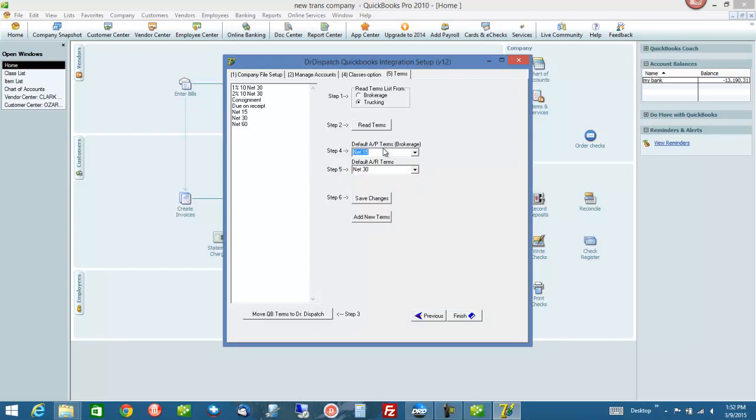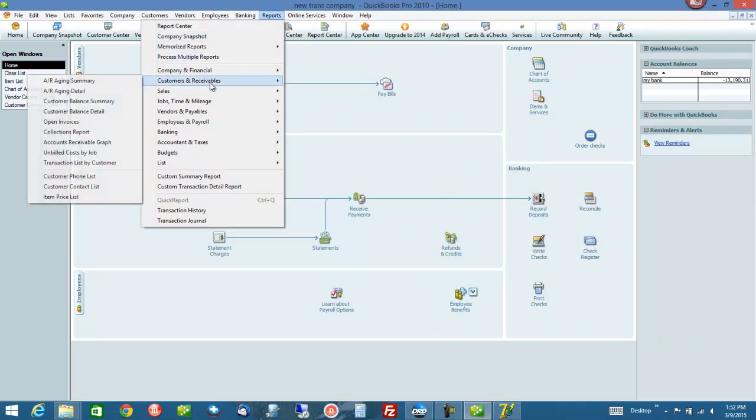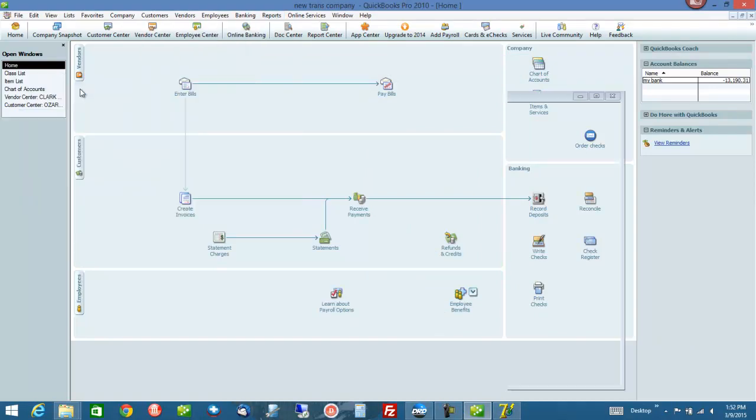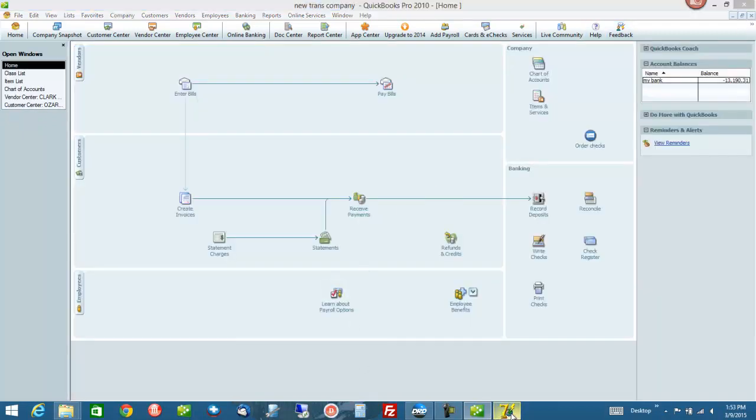Now this brokerage we're not doing today, so we're going to ignore it. So your AR terms, trucking and brokerage, is net 30. Why net 30? It's reasonable. Nobody's probably going to pay you in less than 30 days. Plus, when you do your reports, receivables, AR aging detail, you want 0 to 30 or 1 to 30 to be your current. If you put 15 days as your net, you're going to get 1 to 15, 16 to 30, and it's going to really make your AR kind of hard to use. So I would go with 30 days net,